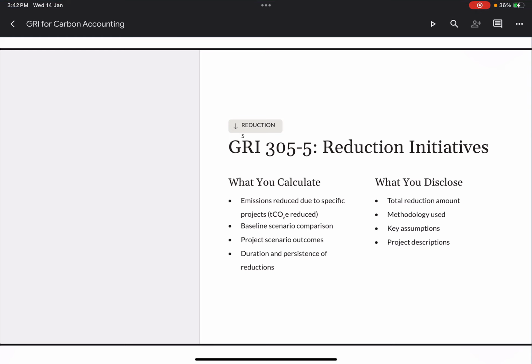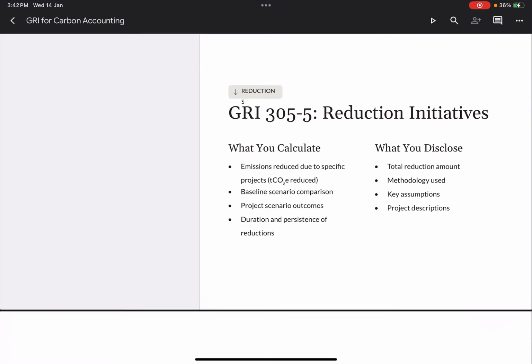That comes in GRI 305.5, wherein we calculate the emissions reduced due to specific projects and include the baseline scenario and the projected scenario also. Here, we need to disclose the methodology used, the assumptions made while calculating, and the description of the project involved, so that all things come under GRI